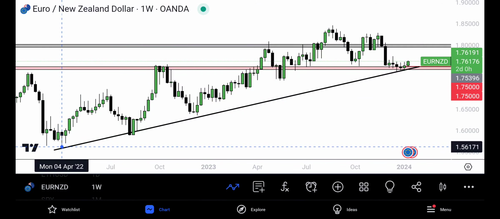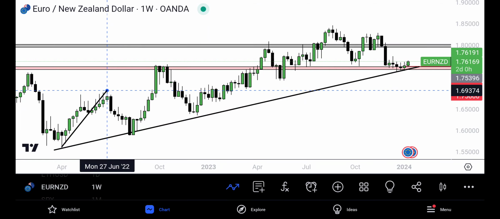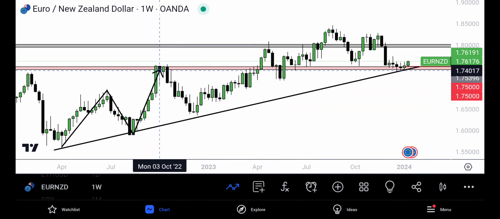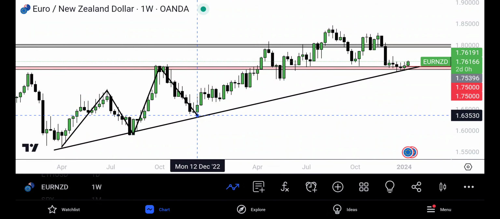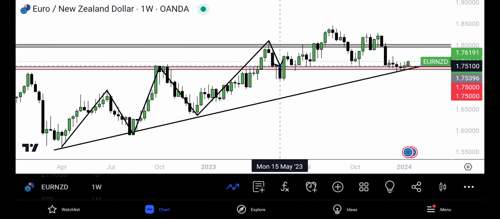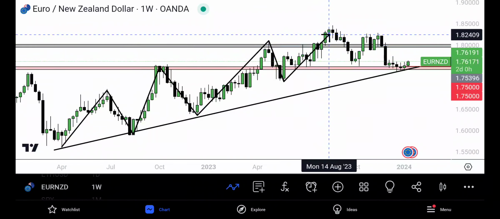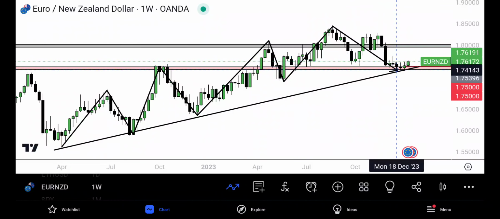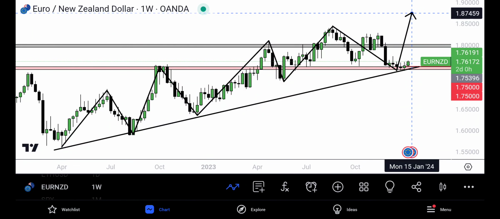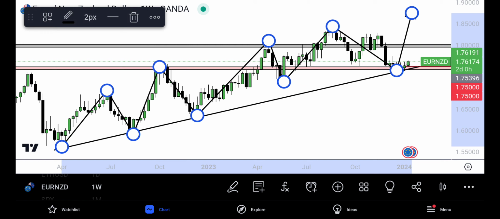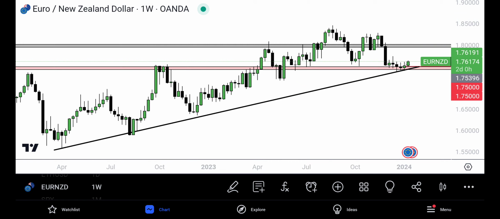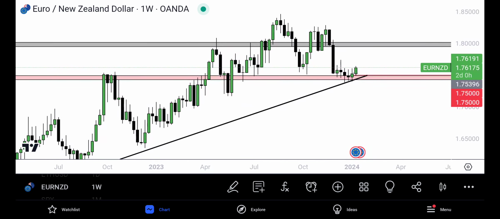So you can see the market is creating a series of higher highs, higher lows, higher highs, higher lows, higher highs, higher lows, higher highs, higher lows, and we're expecting what? A new higher high. It's as simple as it gets. So now I've denoted the trend of the market. The next thing I also denoted is the premium support and resistance level within the zone that I want to trade from. So the red zone